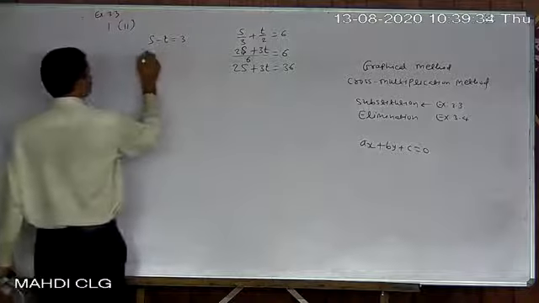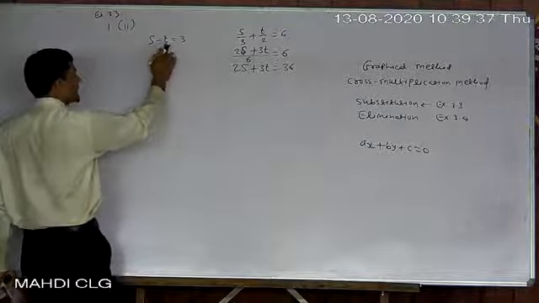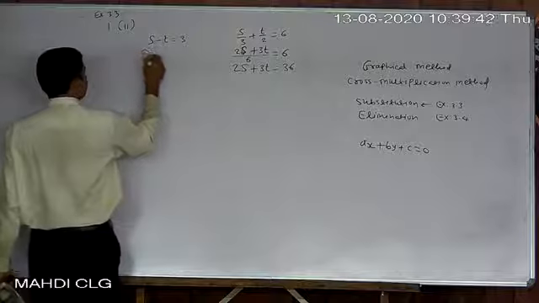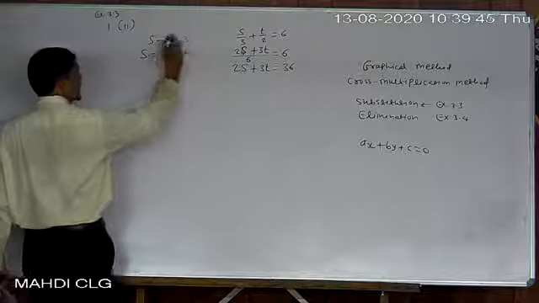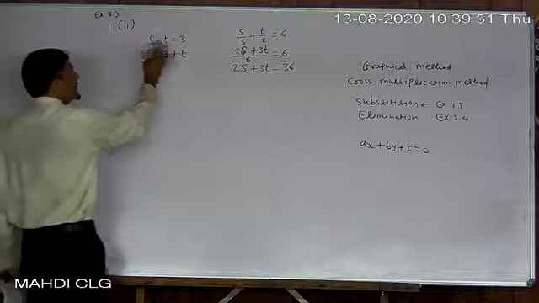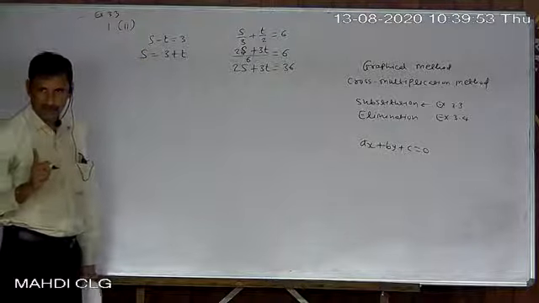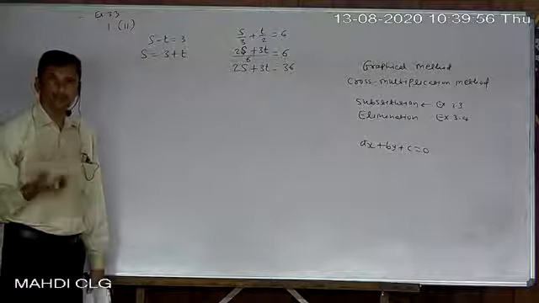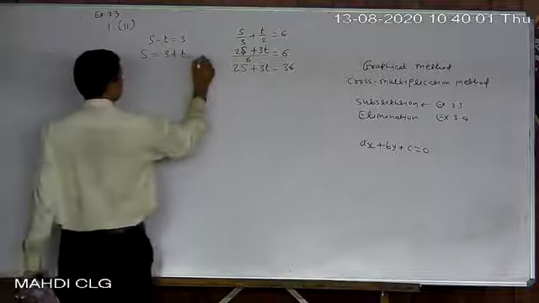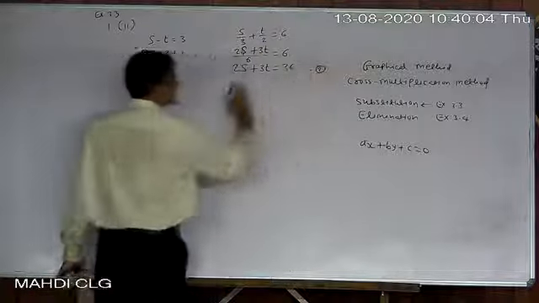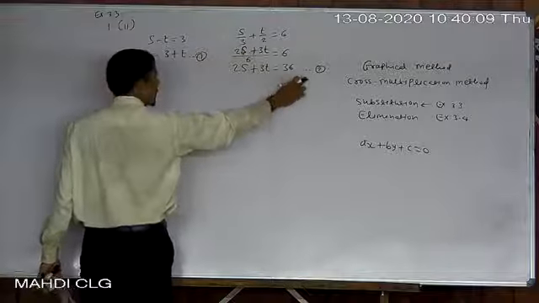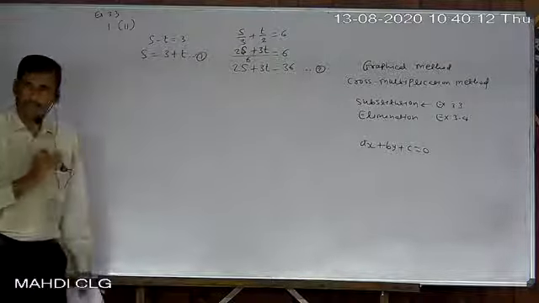Now just find either the equation of s or the equation of t. If I want to find s, then it will be s equals 3 plus t. Otherwise t will be s minus 3. Anyway, I prefer this one, where the coefficient of both variables is 1. So we select the variable whose coefficient is 1, not more than 1. Okay, so this is our equation number 2. Give the simplified equation number 2. Whatever you got at last, give the equation that number only.